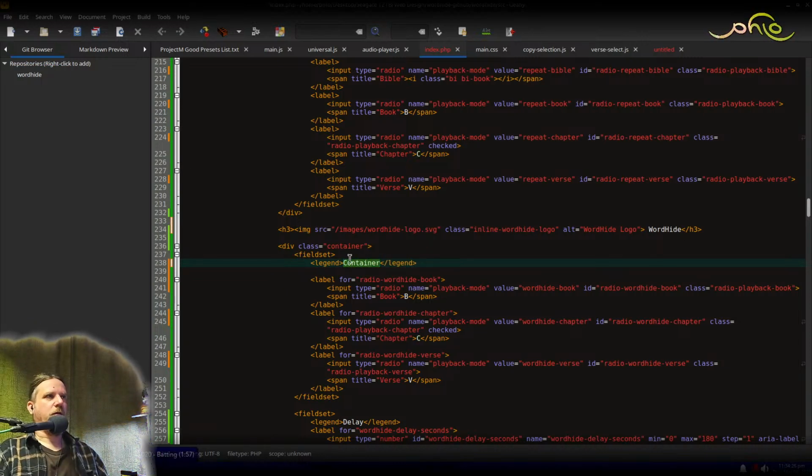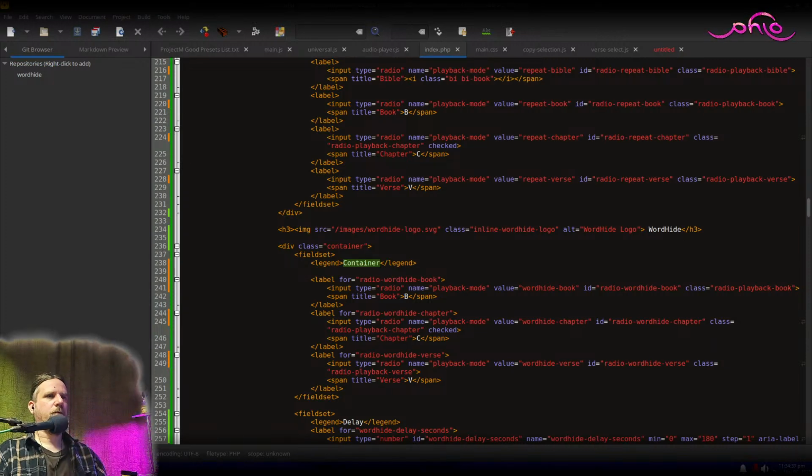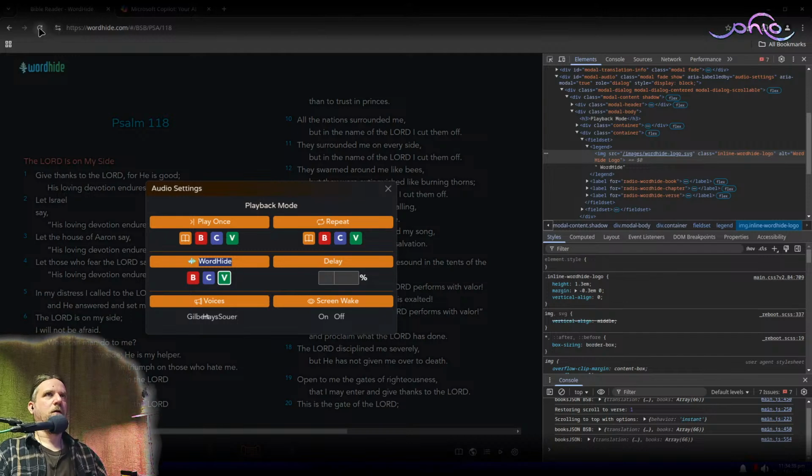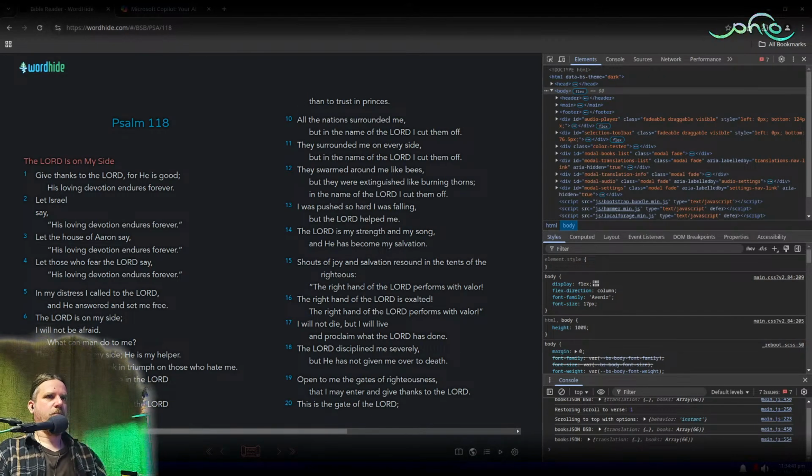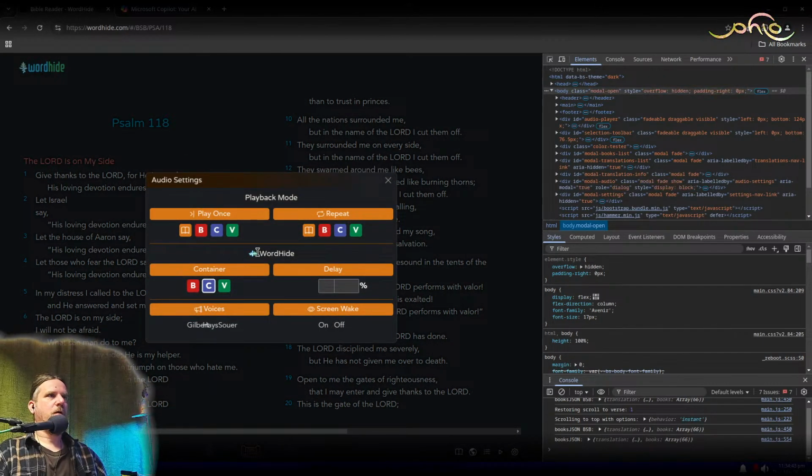I'm just going to call this container for now. That's a nerdy title. It's actually accurate. It means a lot. Exactly what it should. But to the user, it won't mean anything. So I need to come up with a different word. So if I put word hide up here, it's saying that both of these things are word hide, which is true. Container is actually the best word in a sense because